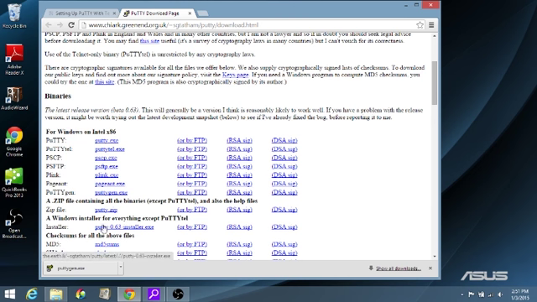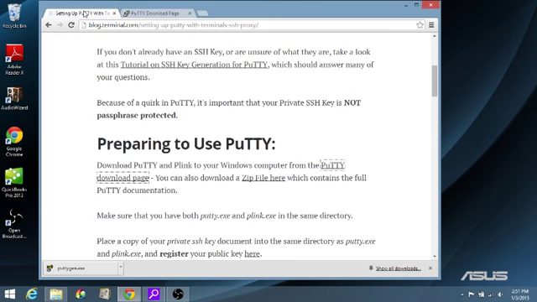You can get an installer, which makes it a little bit easier for some people, or you can select individual pieces of the package. What we're going to need for this is just PuTTYgen, but to keep things simple, I'm going to show you by downloading the full package, because this is how most of our readers will probably run across it. So you just download the zip file right there,